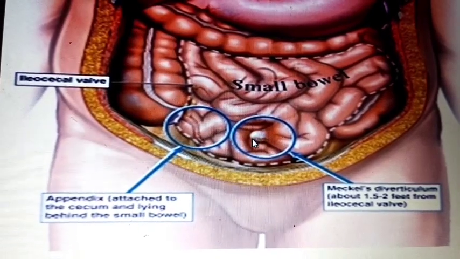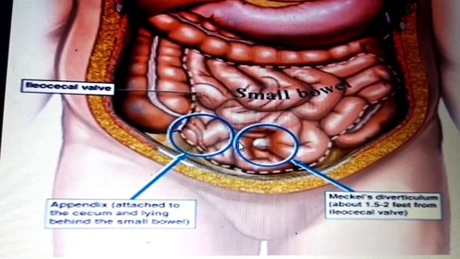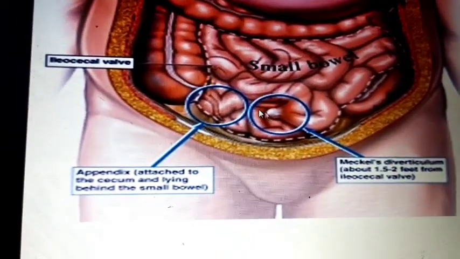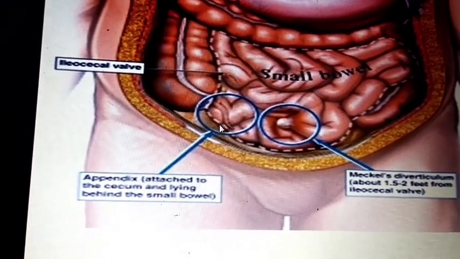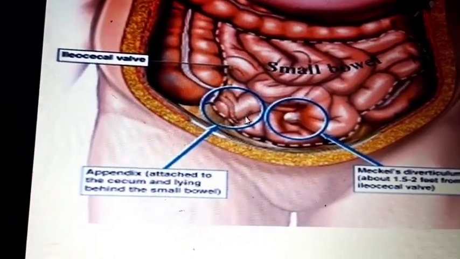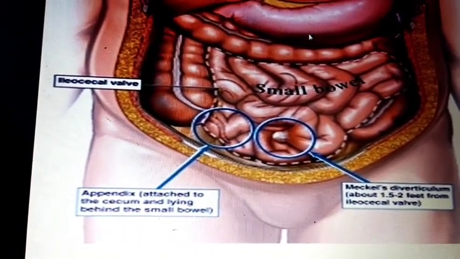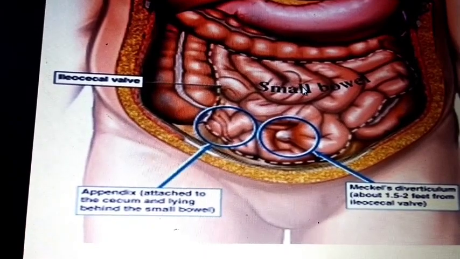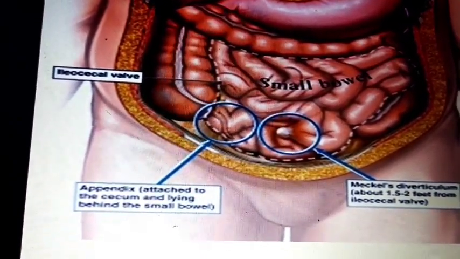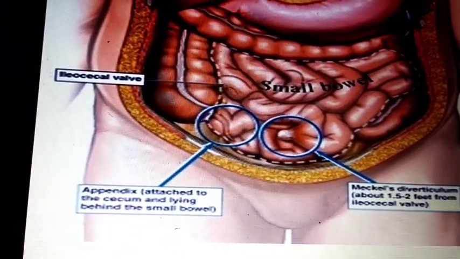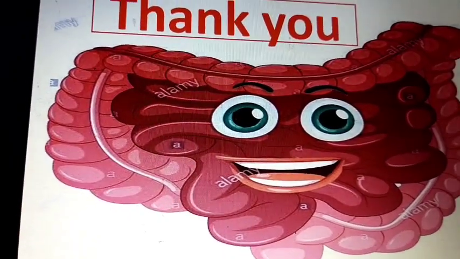These Meckel's diverticula most of the time form bands or adhesions, and that also causes intestinal obstruction, kinking of the small intestines. Then the appendix causes appendicitis. And obstructions are of two types: mechanical obstruction and non-mechanical obstruction, internal obstruction, in the wall obstruction, or outer wall obstruction, like that. Thank you very much.